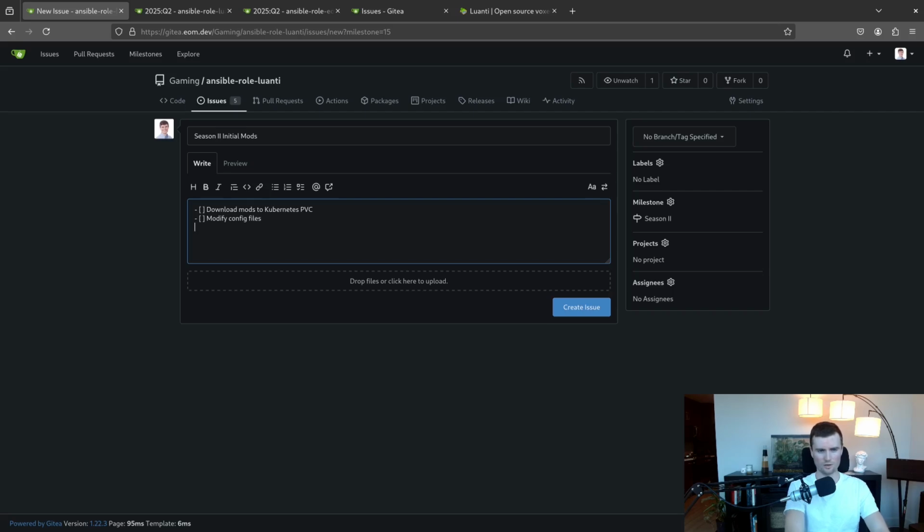Modify the config files to load those mods. There was a third thing, but now I'm not remembering what it is. I guess I need to test it.